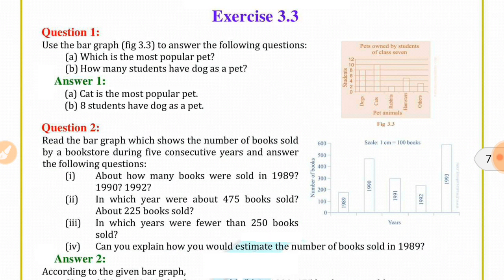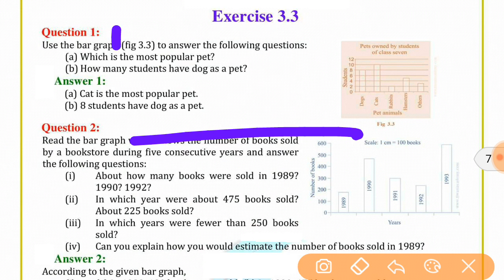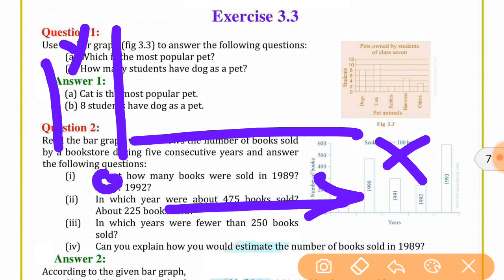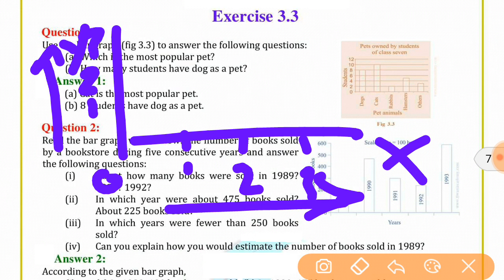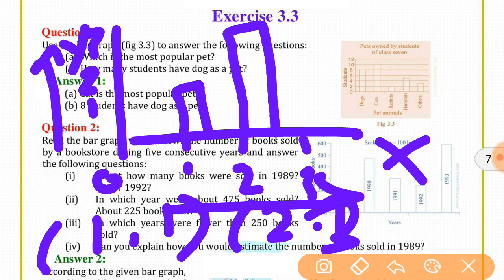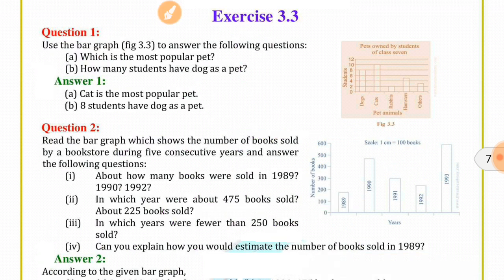Before that, what is the graph? Actually it is considering the x-axis and y-axis. It is 0 and it represents positives, and if 1, 2, 3 are there in a bar graph, if you are considering 1, till 1 you'll do the bar; 2 means till 2, 3 means till 3 you'll do. So this is how you are going to draw the graph.